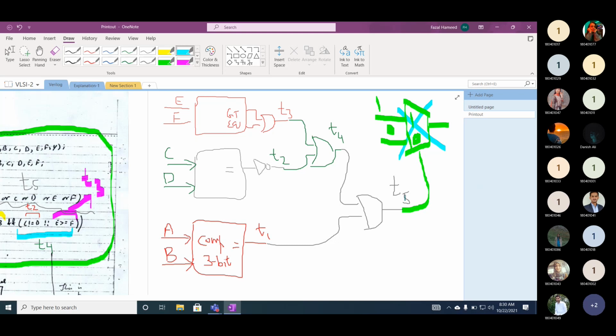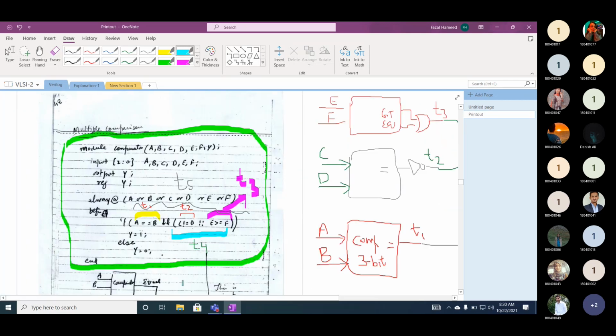If I ask, please, what hardware will be inferred as a result of Verilog code, and minimize hardware. So you have to think intelligently about how you can synthesize and minimize hardware, like in this particular example. And there are various examples. There are 2 different implementations.